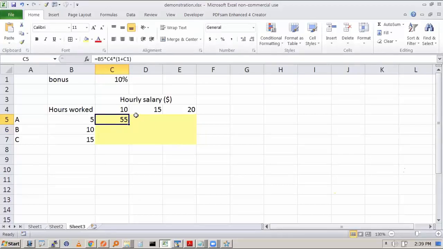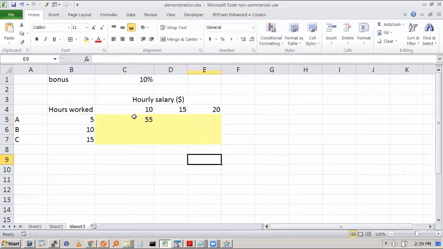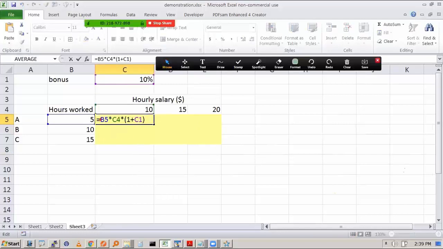Then it understands you're talking about multiplication. So now you have to understand what we should fix to achieve our goal. Focus on B5. When it is going right side, should the column change? Should the hours worked change? No, the column should not change. So that means B5 should become $B5.